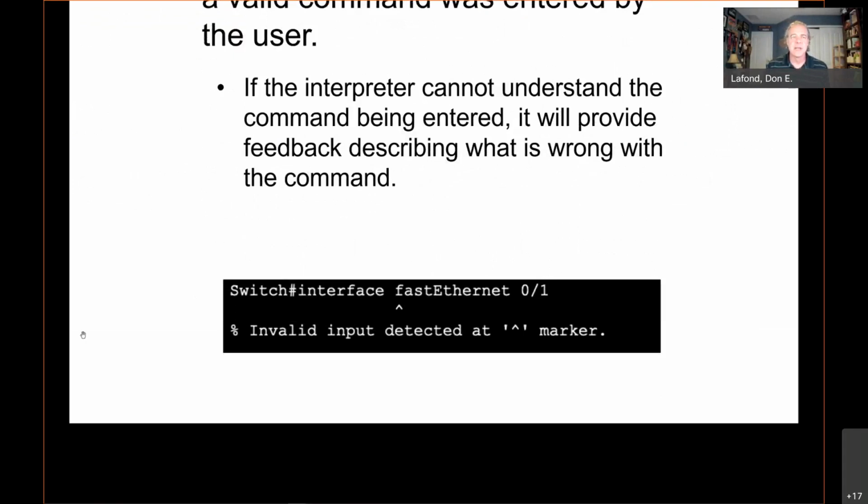So in this case, typing interface space FastEthernet doesn't make any sense to the software. You need show interface FastEthernet if you want to show the command, or you need to go into interface